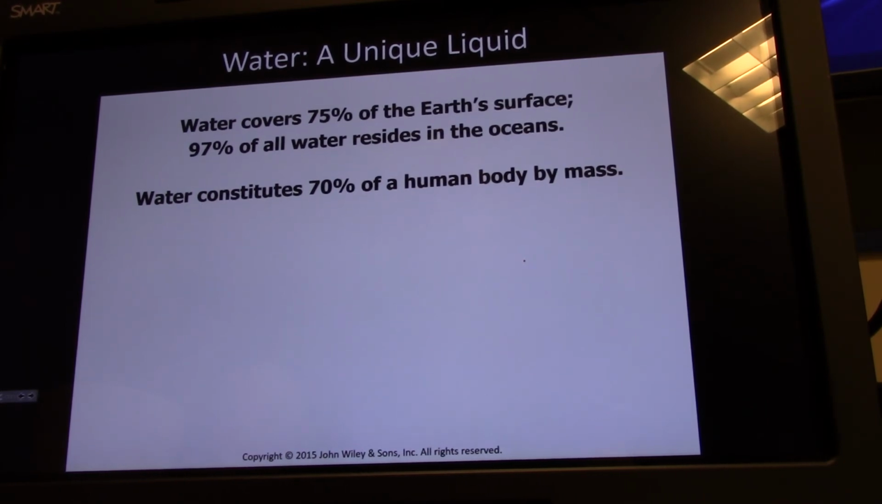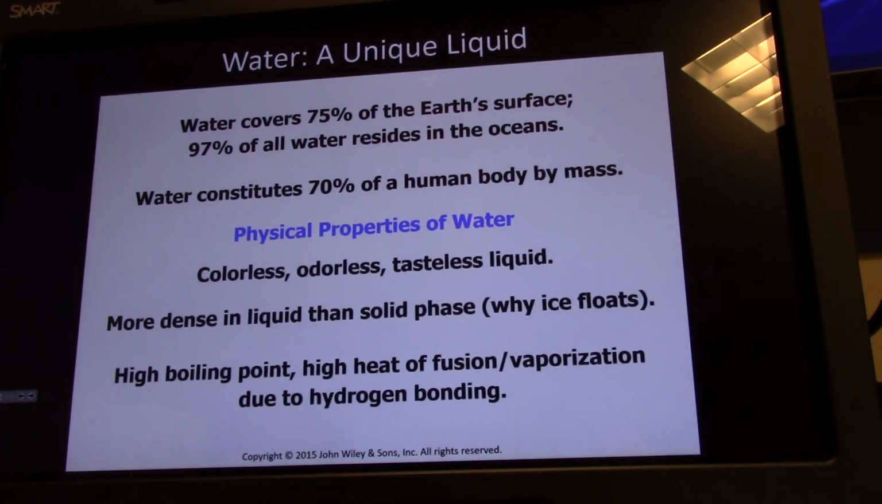Water is a unique liquid. It covers 75% of the Earth's surface. 97% of Earth's water is in the ocean. And water constitutes 70% of the human body by mass. It is a colorless, odorless, and tasteless liquid. And it's unusual in that it is more dense in the liquid phase than it is in the solid phase. And that's actually because of the hydrogen bonding. The hydrogen bonds are so strong that when it freezes, it adopts a very open crystalline structure that's about 10% less dense than liquid water. So ice will always float, which is absolutely